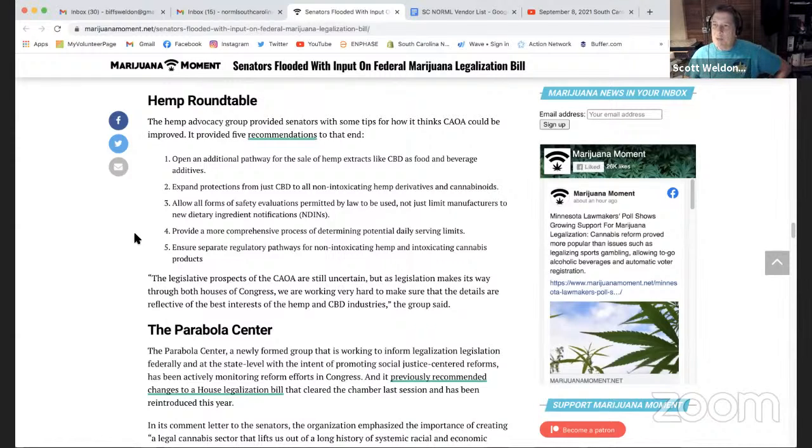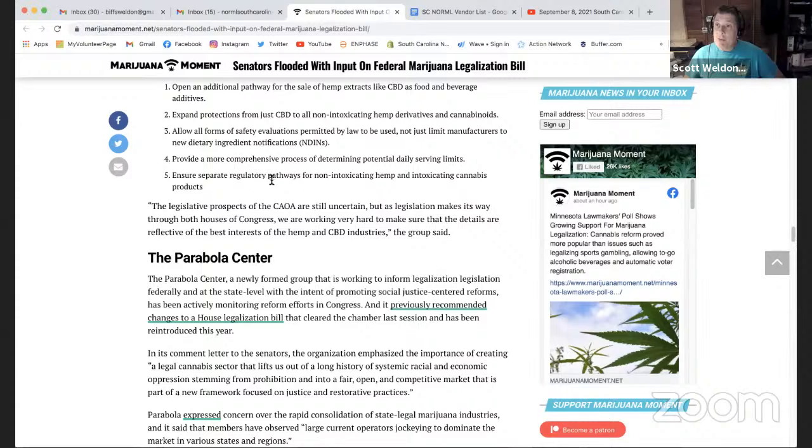Number 4, provide a more comprehensive process for determining potential daily serving limits. Number 5, ensure separate regulatory pathways for non-intoxicating hemp and intoxicating cannabis products. They're looking for separate regulatory pathways for hemp-derived non-intoxicating and